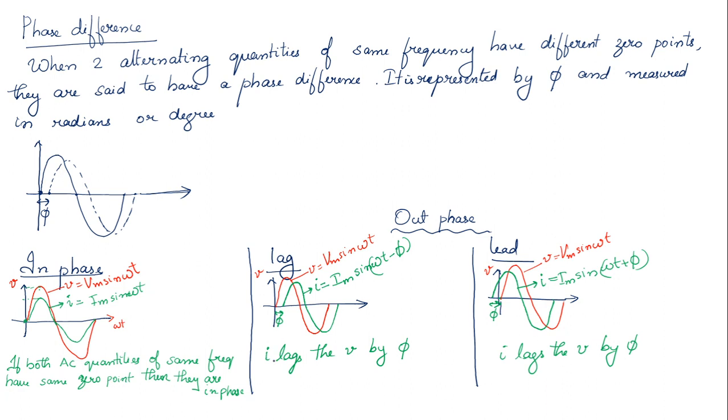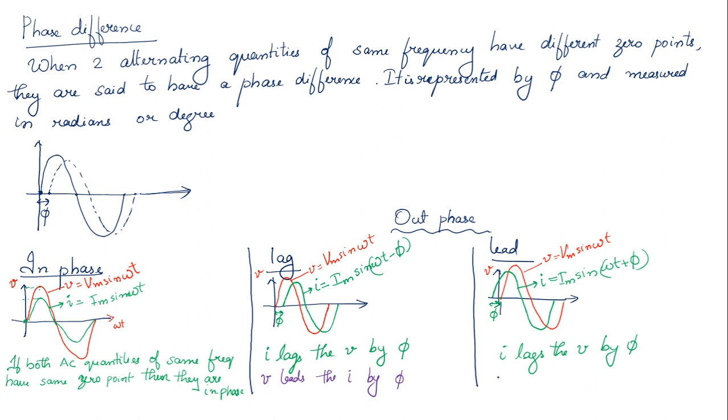Now I'm going to make you a little bit confused, to make a firm ground on this lag and lead. Can I say like this: voltage leads the current by 5 degrees. Is my statement correct or not? I hope it is clear what I wanted to mention. The voltage will be leading the current by 5 degrees if I am considering current as the reference. Look here, if current is taken as the reference, when you are watching the voltage, it is always leading the current by 5 degrees, or it is ahead of current by 5 degrees.